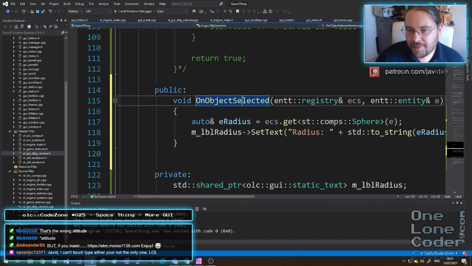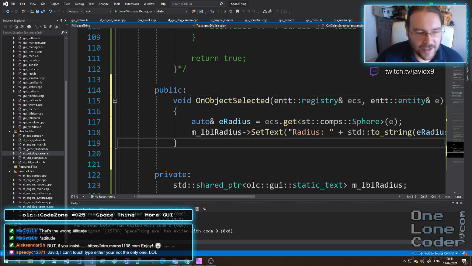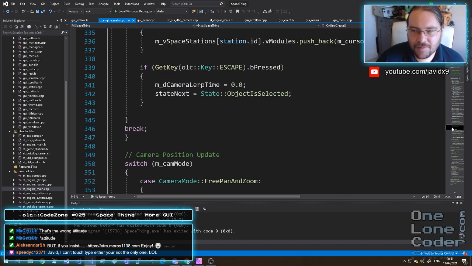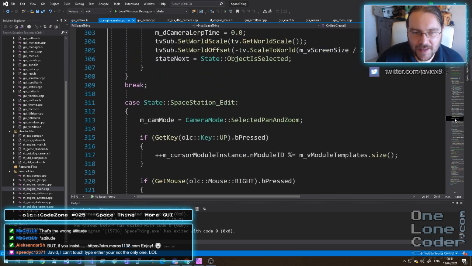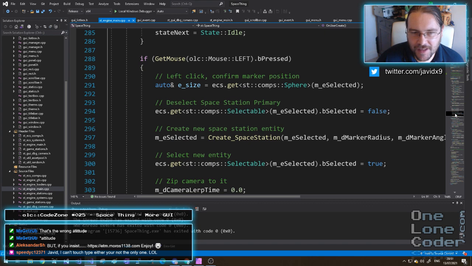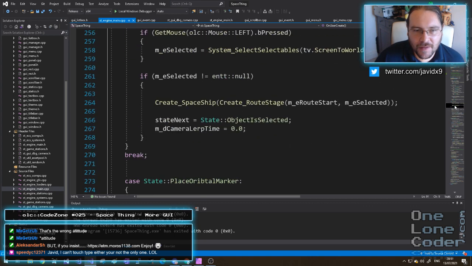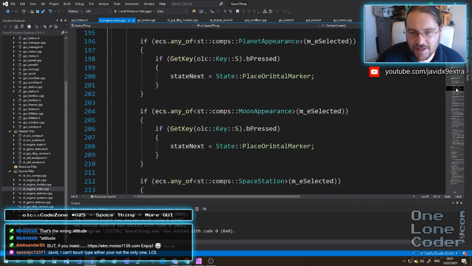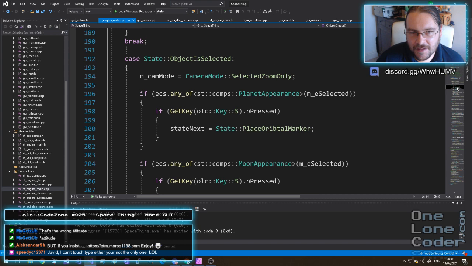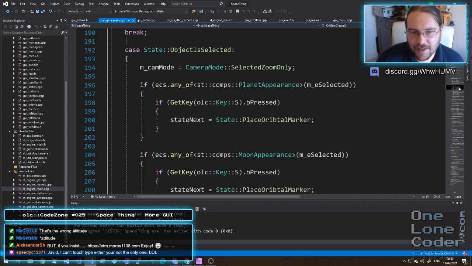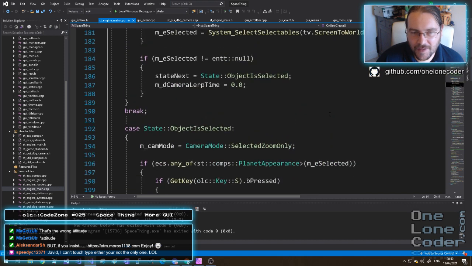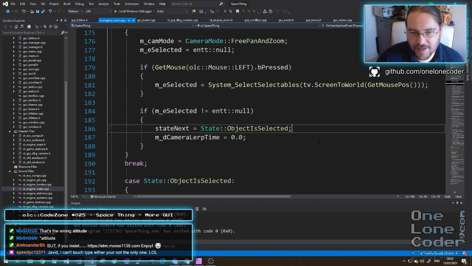So now I need to call onObjectSelected when we select an object. That's imaginative, isn't it? And we're selecting objects in our state machine. I'm getting to the point where we might need a little bit of a refactor because the files are getting large again. Here we go. Select destination. No, it's not it. Space station selected. Selected. Object is selected. There we go. So if an object is selected, that's the point. Here we go. That looks like the point where we need to specify